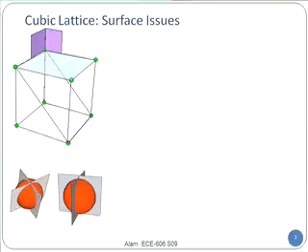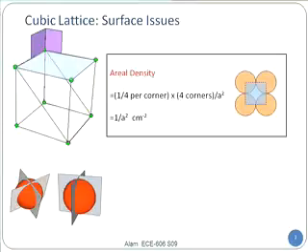Not 8 as before. And in that case, the density will be 1/4 atoms per corner, right? It's being shared, from the top, by 4 neighbors, and 4 corners, of course. And the area is a squared, because it is a square looking from the top. The answer would be, density will be 1 divided by a squared